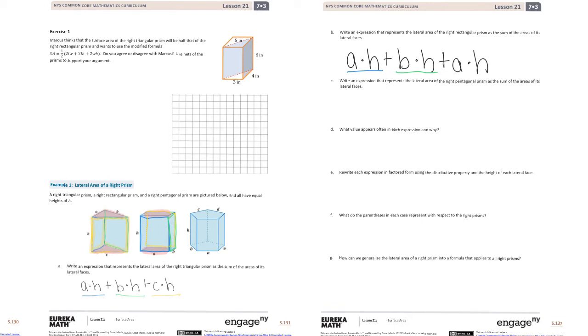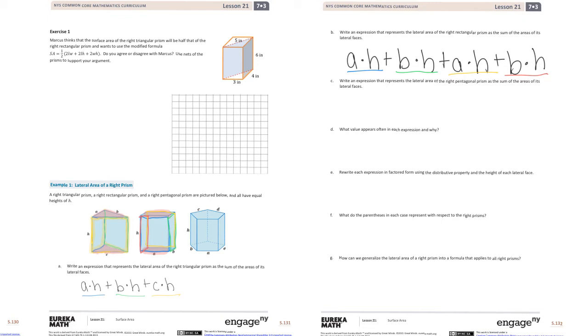And then finally in red, we are going to have b times h, which is going to be this face on the side over here. So to find our lateral area, that is how we would write our equation. And then finally for C, we're going to write an expression that represents the lateral area of the pentagonal prism